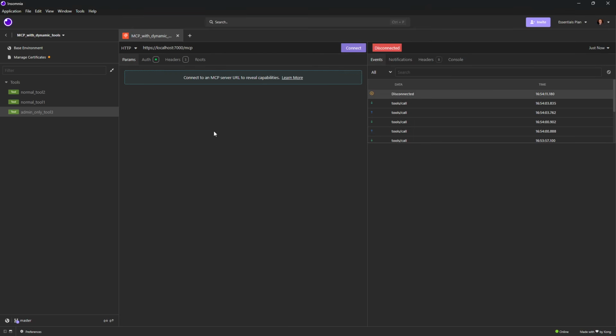So that's good and well, but we might want certain users to have just tool number 1 and 2, the normal tools, and a user with more privileges to have the admin tools as well. So how do we go about doing that?